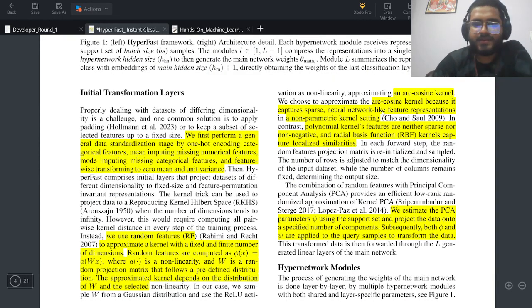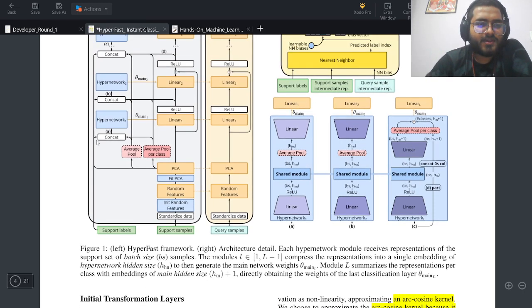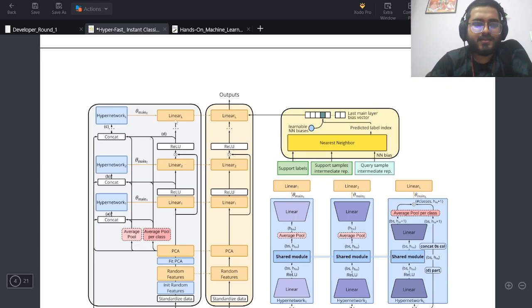Okay, you can go through it here. So, to make things better, first it expands our data to a higher dimension, about 14 or 15. Then we compress it using PCA, a simple dimension reduction technique. Here the hypernetwork includes concatenation of labels, average pool per class, and this part. From the hypernetwork we get the weights of our linear model,